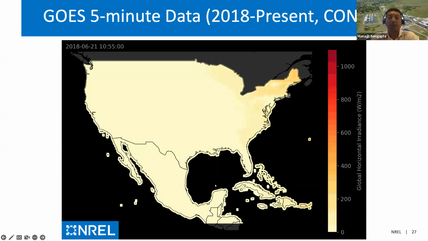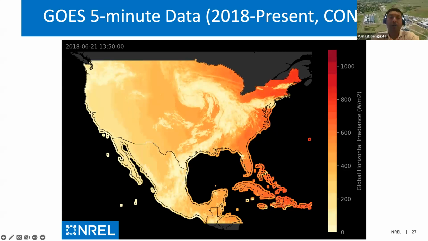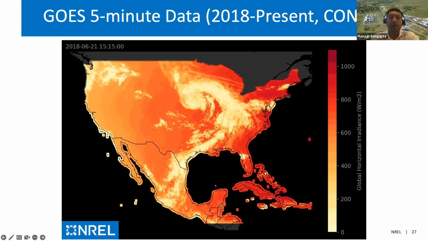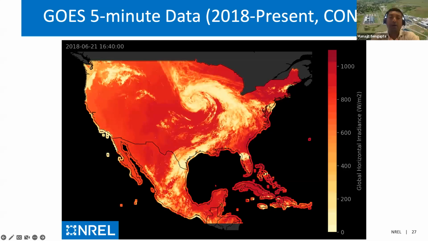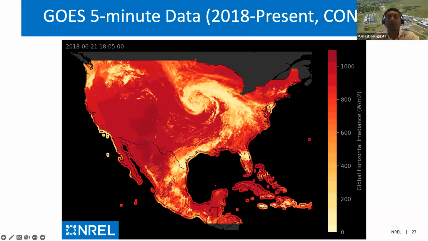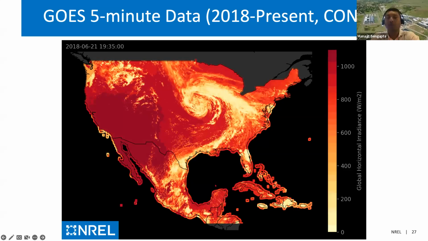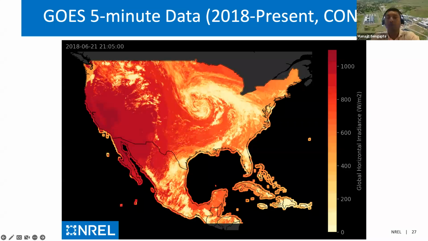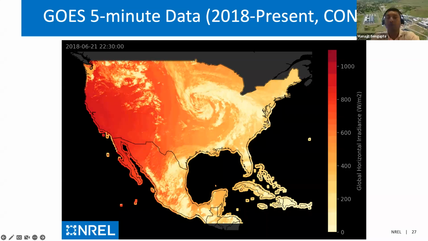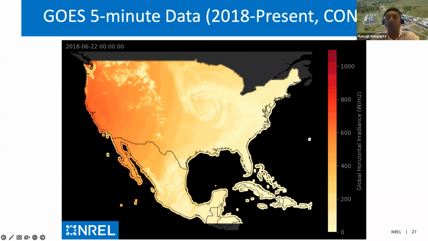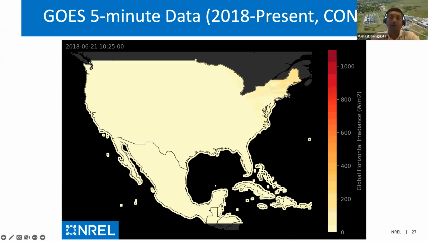Then coming to the core part of the NSRDB, which is our GOES satellite. What we have since 2018 is 5-minute data. There are 2 satellites, GOES East and West. The East satellite came on board in 2018, so we have 5-minute data from 2018 for GOES East, and then GOES West came online in 2019.